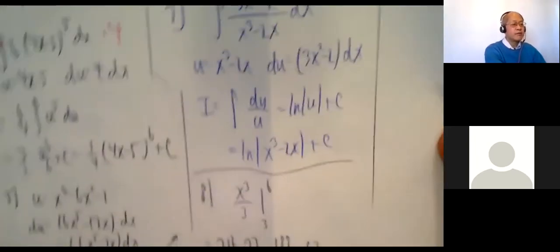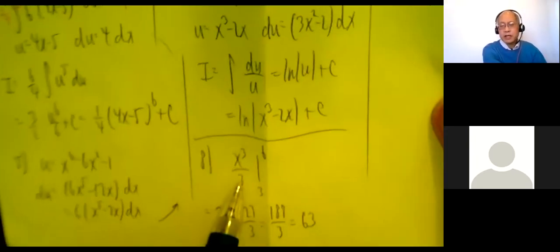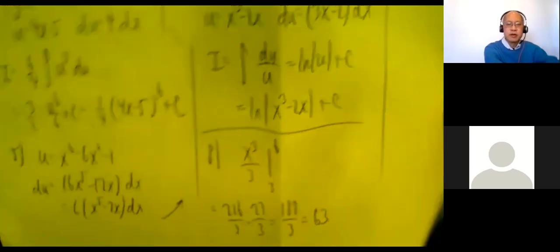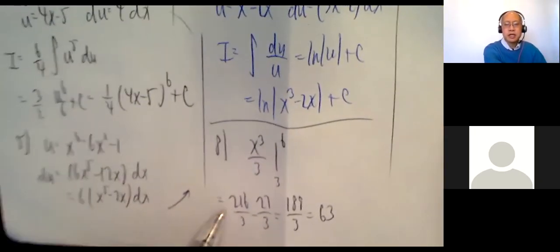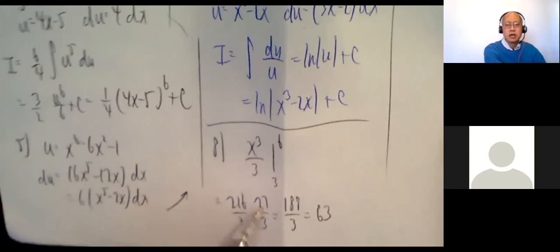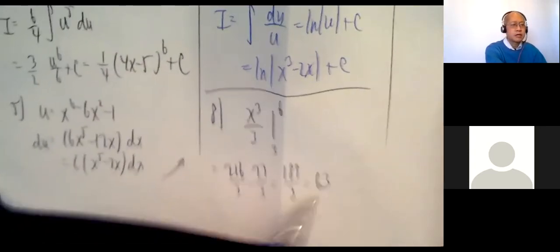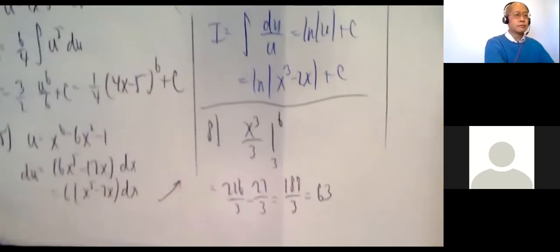Okay, 8, 9, and 10 are definite integrals. So the integral of x squared is x cubed over 3 from 3 to 6. Plug in 6, you get 216 over 3. Plug in 3, 27 over 3. 189 over 3, 63. Number 9,